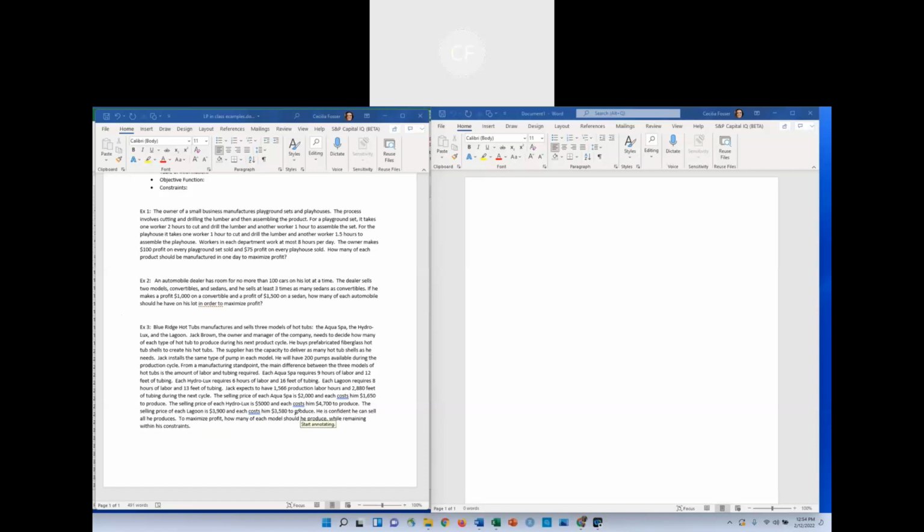So I'm going to get right down to where the question is. We're told he is confident he can sell all he produces. So really, when we're talking about maximizing profit, the question is how many of each model should he produce while remaining within his constraints? So we're in this very last sentence, and I'm once again,